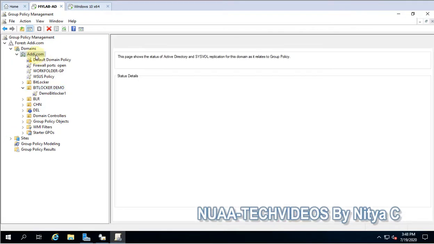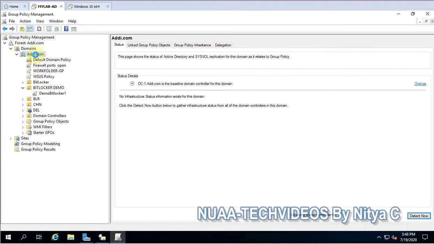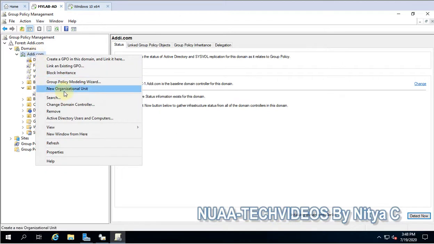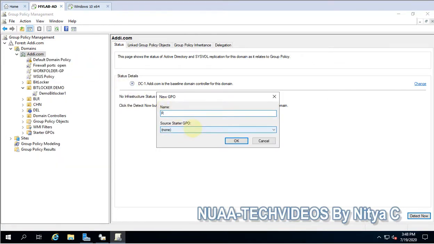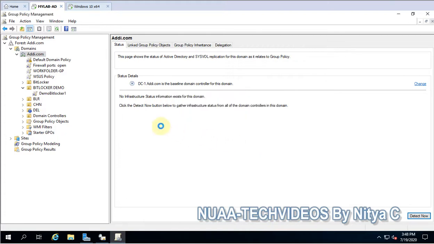So let's create a policy, and I'm just creating and linking this policy to the domain itself because I have only a few test servers available. So whatever servers I have, that policy will be applied to them only. Well, create a new GPO, RDP Licensing, and you can give the name as per your convenience or as per the policy. Licensing. Okay,